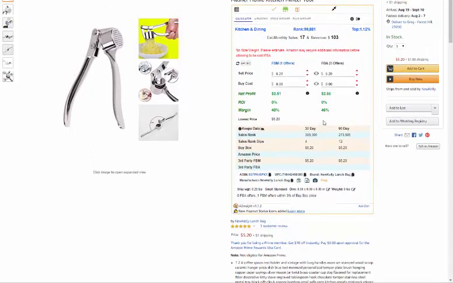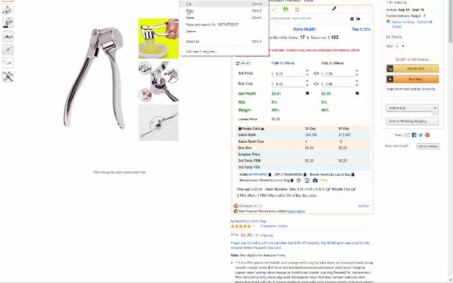Okay, so I want to do that right now. I'm going to list this FBA. It's only going to help them out. I'm not going to sell the product. But if you were to run across a product, let's say you found this product in the store, it's on clearance and you can get it real cheap, and you've looked it up on AZInsight and you've determined that it's profitable,